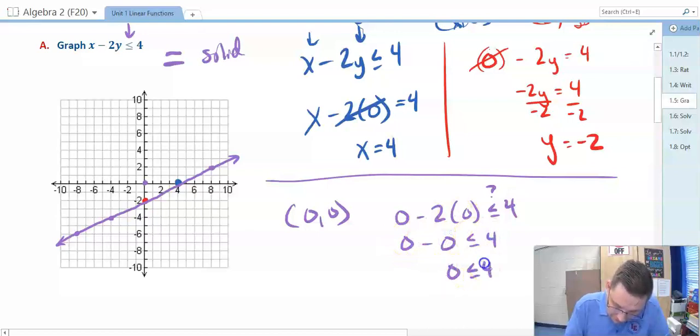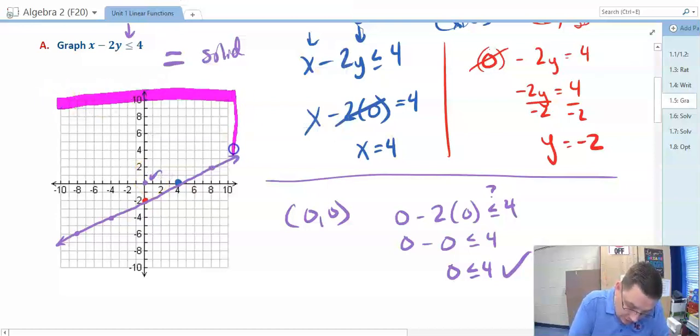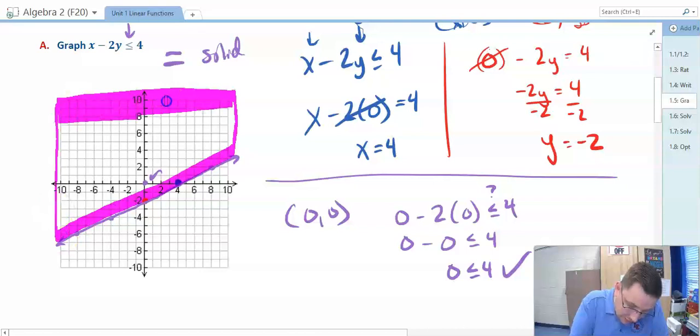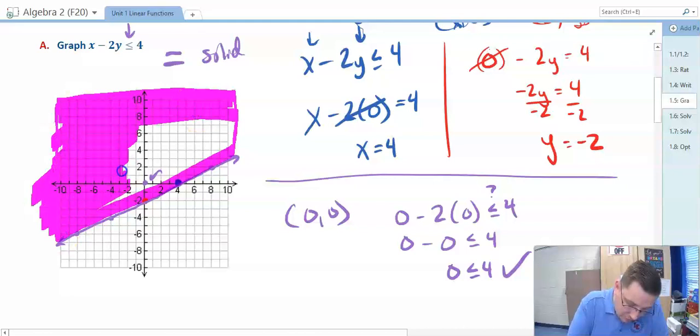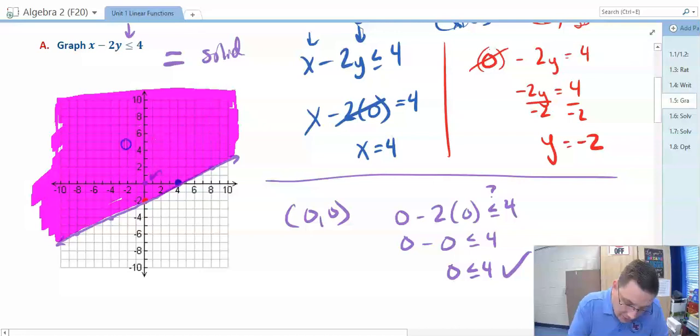Is 0 less than or equal to 4? Yes, it is. And so this point checks out. And so my graph will be shaded all on this side of the line because that is where 0, 0 is. I do not want you to get stuck up on if it's above or below the line. Now, we'll talk about that in terms of describing it, but when it just comes to shading it, I want